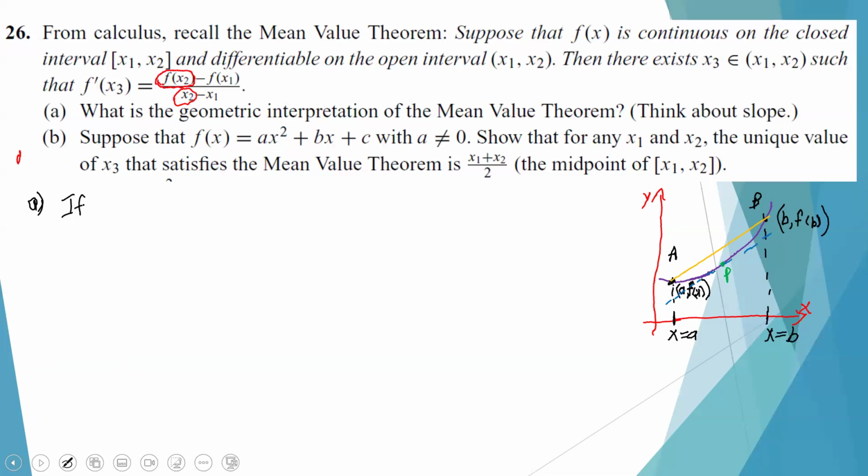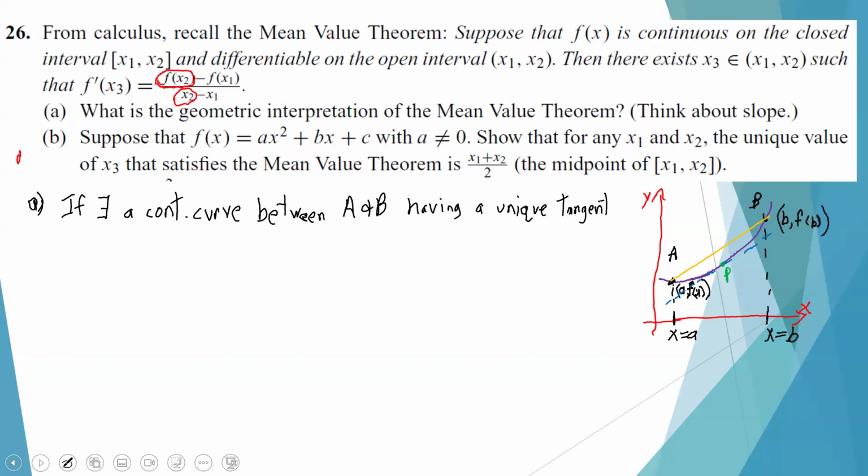There exists a continuous curve between A and B, having a unique tangent for all points